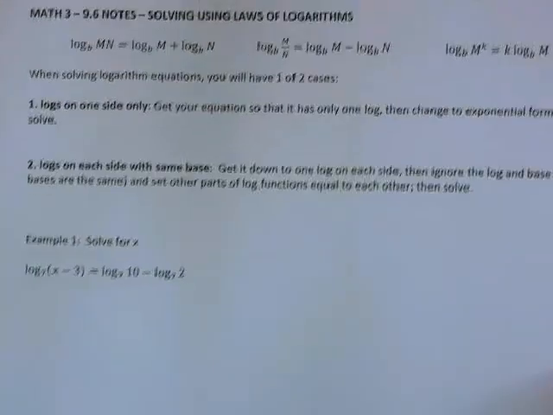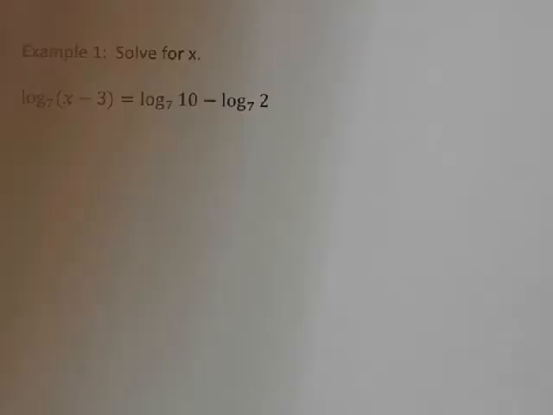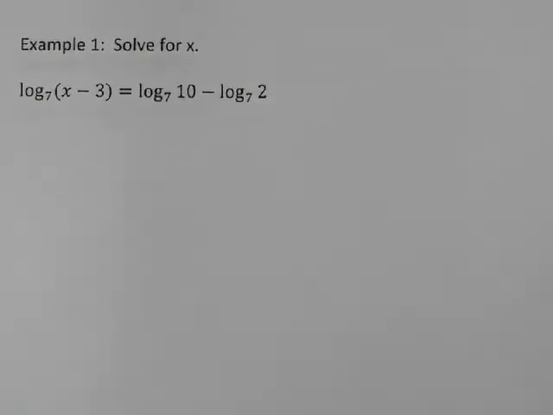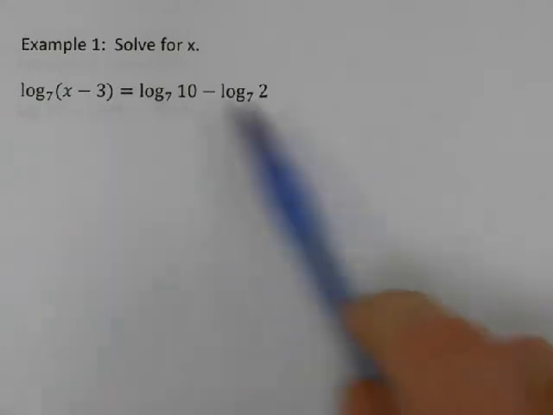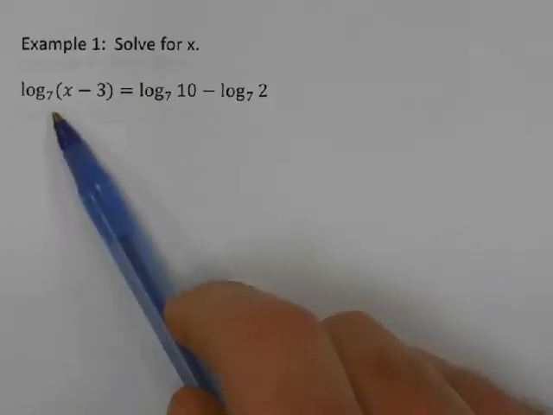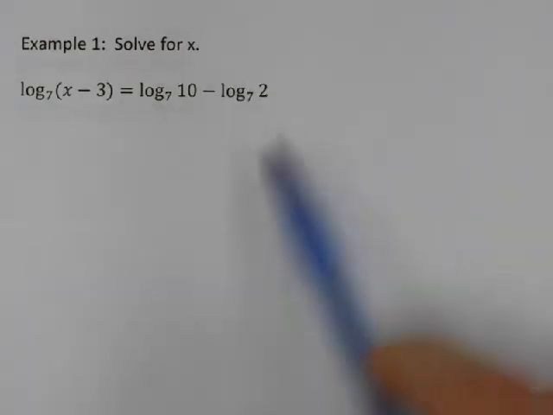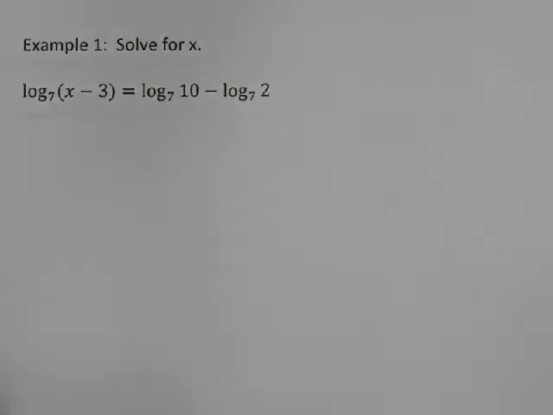We can probably zoom in a little bit. All right, so first one, we want to solve for x. Well, I've got logs on both sides of my equation, so can I ignore the log and the base 7 part and just set the other parts equal to each other? Well, not yet. I can do that when I have log base 7 of something equals log base 7 of something. But since I've got two logs over here, first I want to combine these two. So the left side of the equation is fine. We're going to leave that alone for now and leave it as log of x minus 3